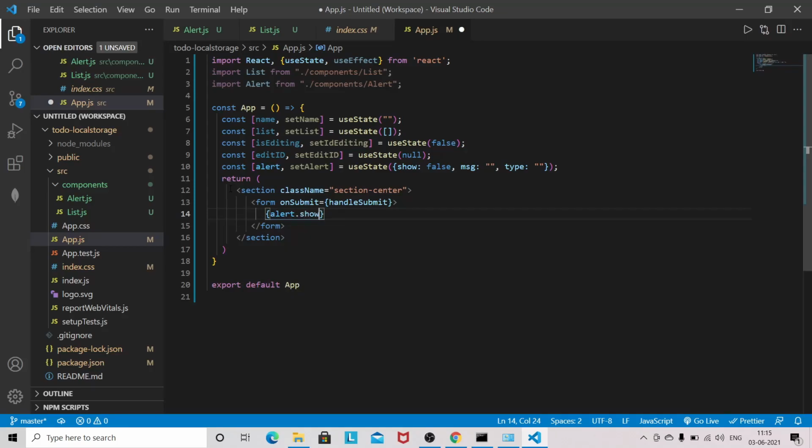So if it's true, then we have to show the message. So I will use that component alert, and I will pass all the things.